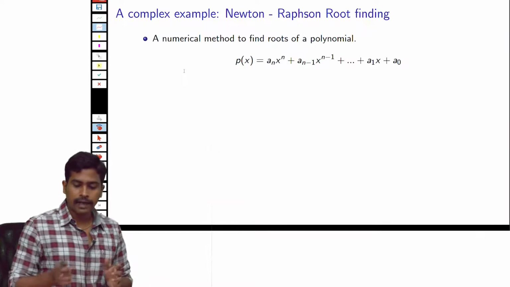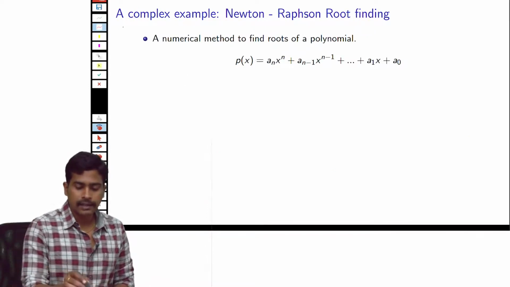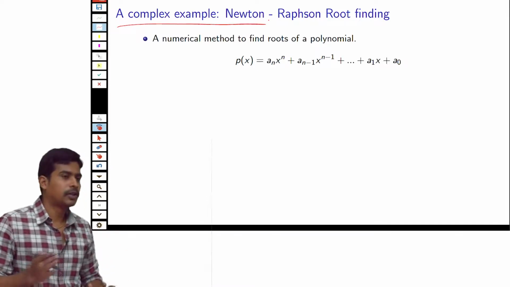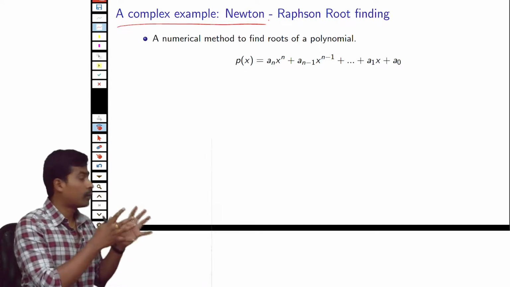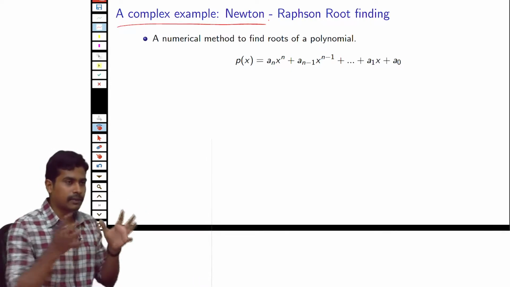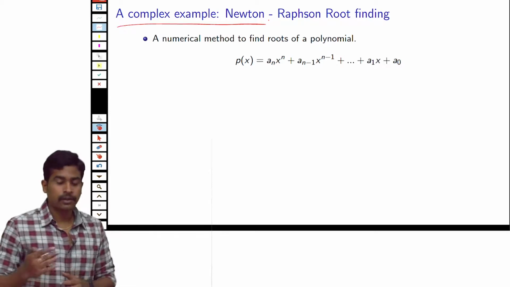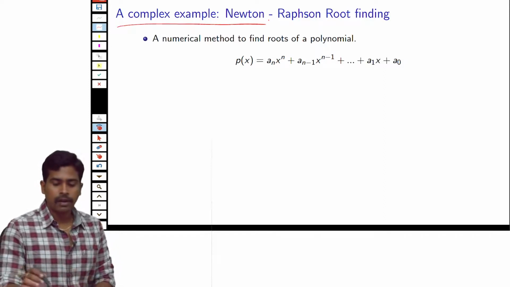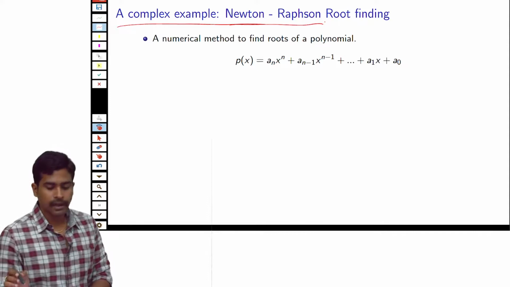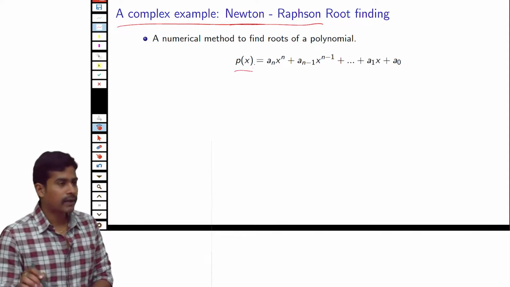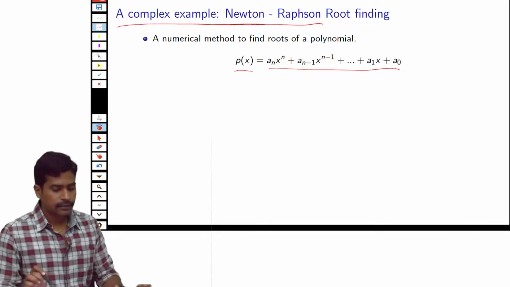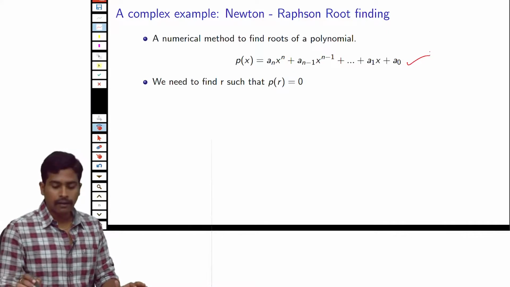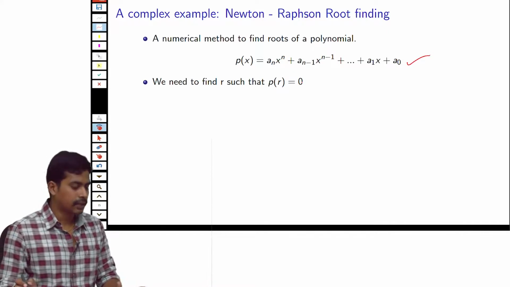So I have shown an example here, which is calculating the root of a given number. This program utilizes all the basic building blocks that you have learned so far, starting from different variables to the iterative statements. So to understand the problem, let me explain what we are going to do here, okay. So we all know what the Newton-Raphson method is, right. According to the Newton-Raphson method, if you have a polynomial p of x of this form and if you want to find a solution for this polynomial, a solution is R such that p of r equals 0.